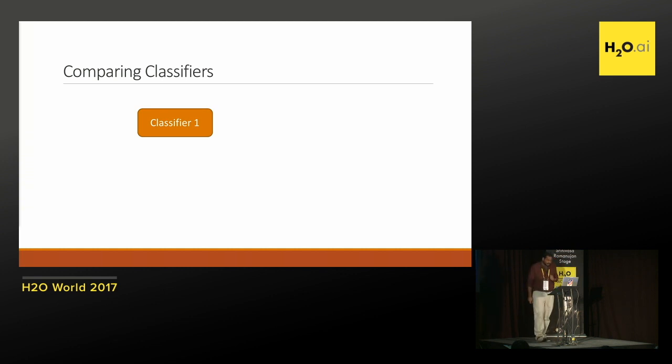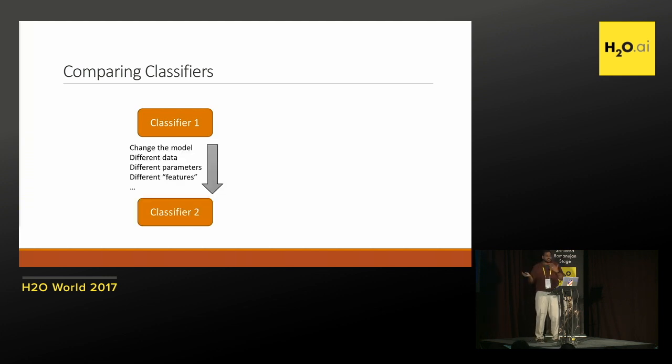Sorry. So we actually ran a lot of experiments. I'm not going to go through all of them, but some of the things you can do with these explanations is you can take one classifier and take another classifier, and they may be different in any respect. And you can obviously compare them using a bunch of metrics or just using your intuition. All of them have their positives and negatives. The intuition one is mostly negative.